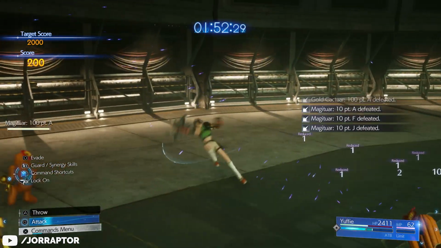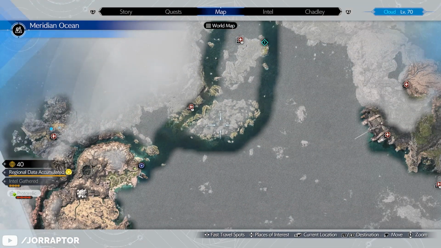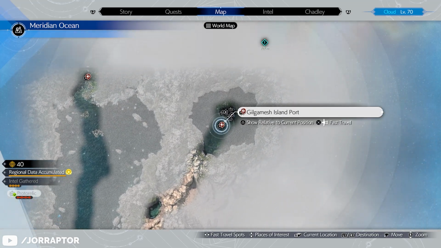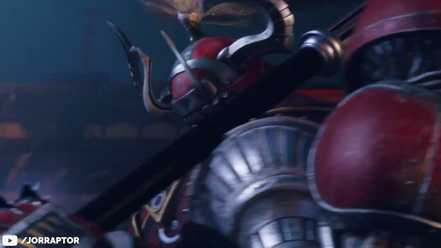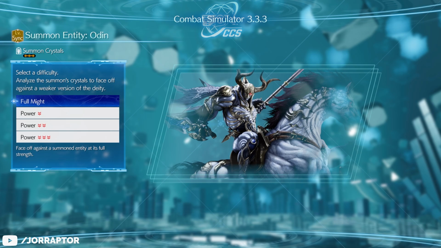So just enjoy the quest lines and the minigames. Like with the summons, there's one for each region, and then once you've done all of them, a new island will open up in the Meridian Ocean where you will be able to challenge Gilgamesh and add him as a summon. Before you do this though, you want to make sure that you have beaten every summon in Chadley's battle